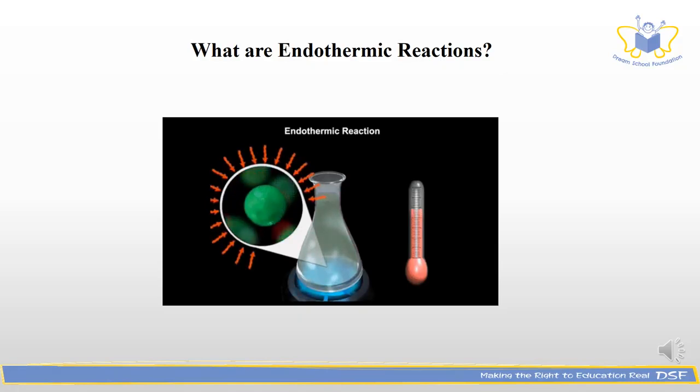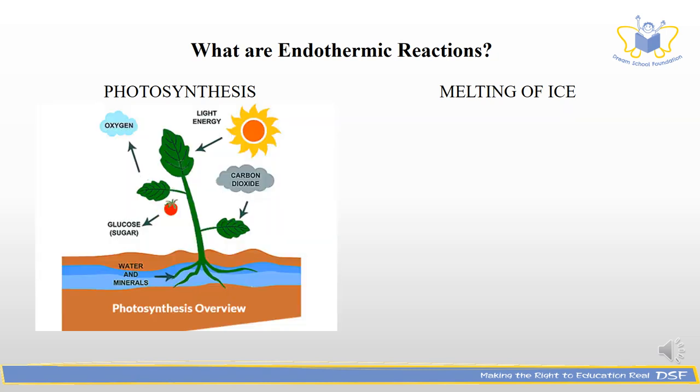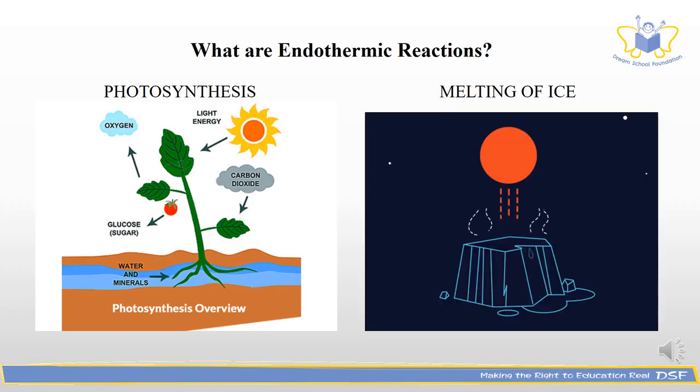We know that when a chemical reaction occurs, bonds are broken and new bonds are formed. There is a difference in energy during the breaking and making of bonds. In endothermic reactions, the energy is absorbed from the environment because the energy needed to break the bonds in the reactants is lower than the energy required to make the bonds in the products. So, the surroundings become cooler.